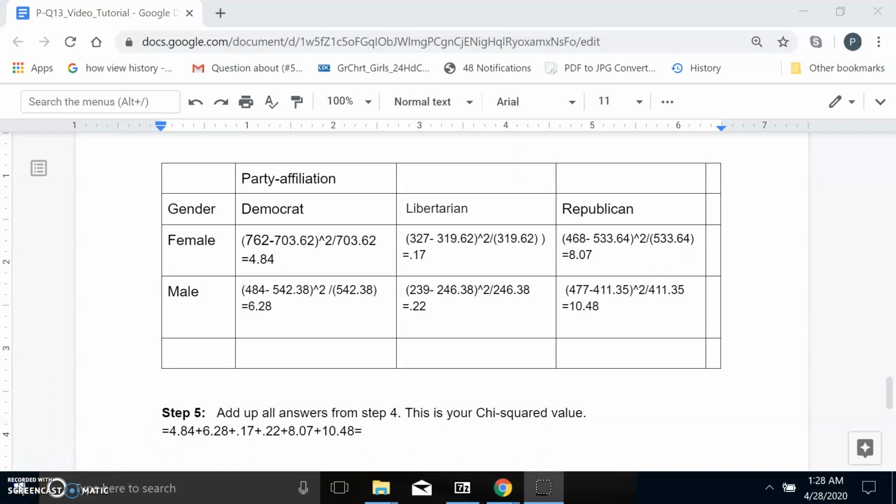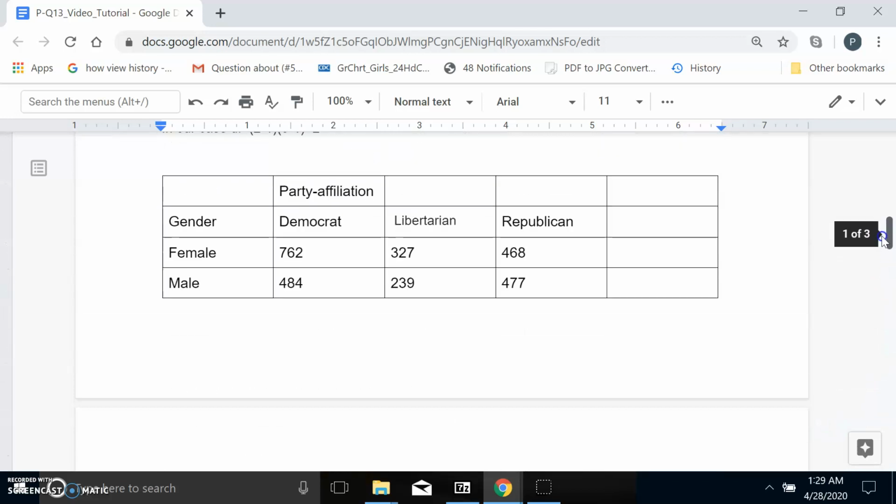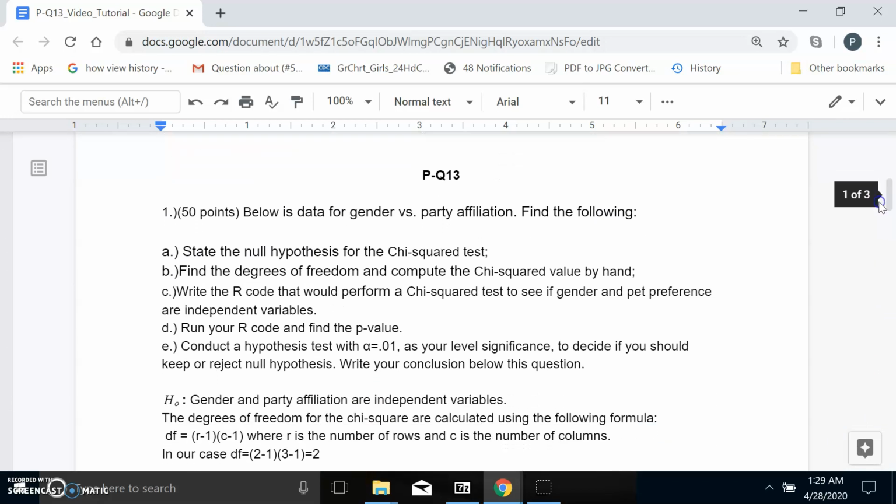So adding them up, I got 29.89. Okay, so that's our chi-squared value. So we're done with step 5. So going back up here then, we've done A, we stated the null hypothesis, we found degrees of freedom, and we computed the chi-squared value by